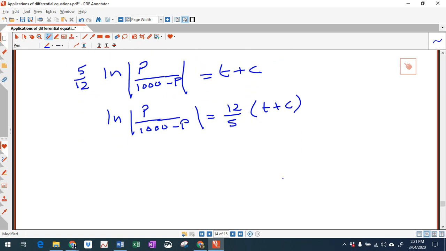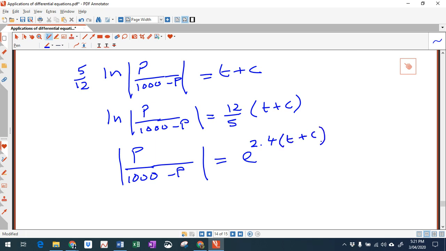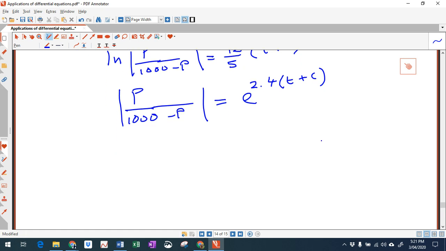Okay, so we're going to apply the exponential function to both sides now. If I apply the exponential function to the log, I just get P over 1000 minus P, absolute value, equals E, and we'll make this 2.4, 12 over 5 is 2.4, to the T plus C. Okay, so it's going to give us still absolute value, P over 1000 minus P,